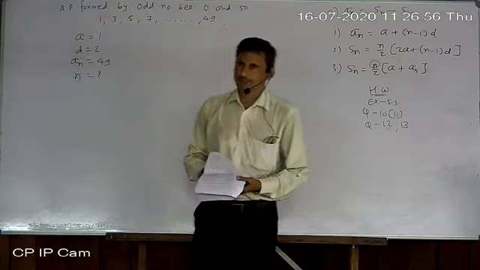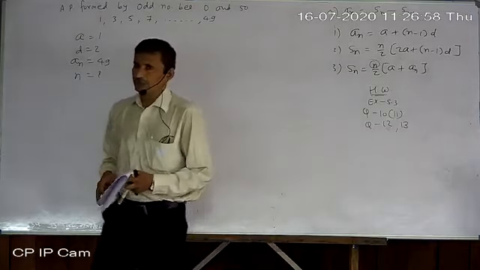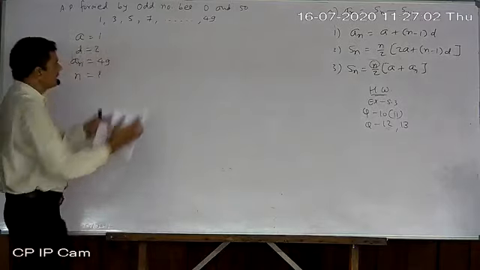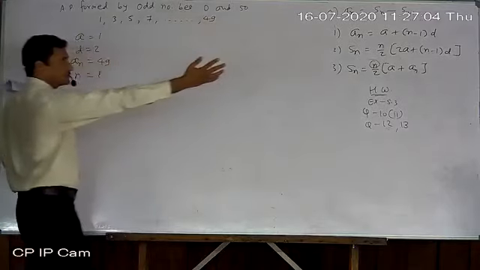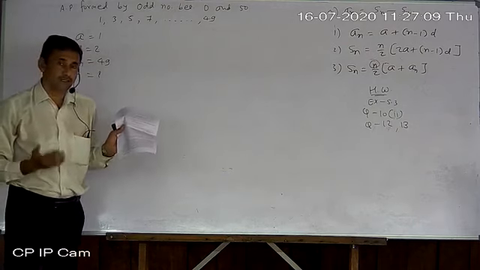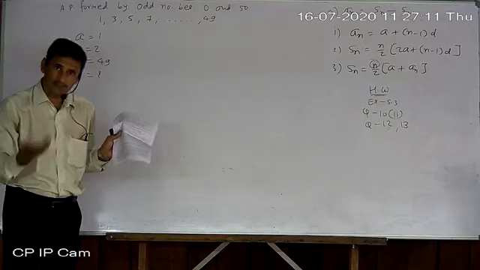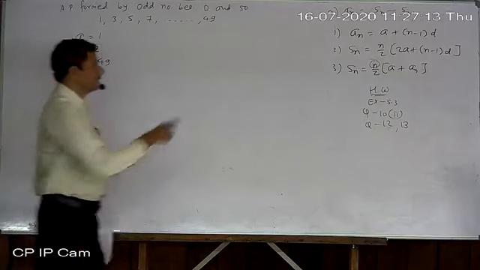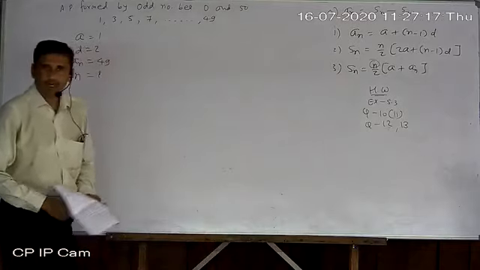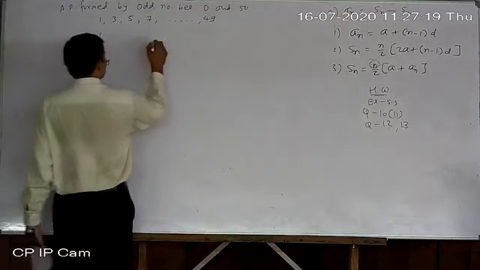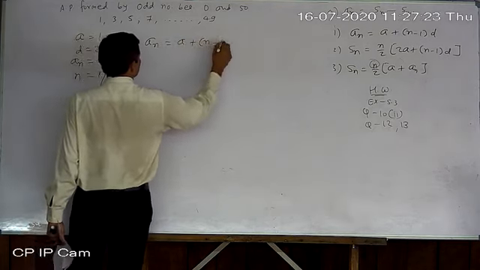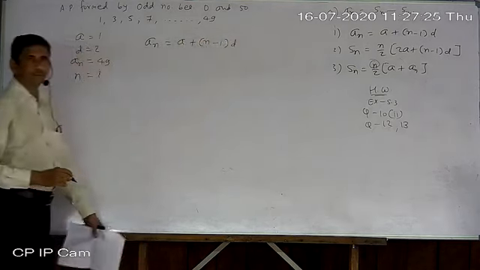Just like 5.3 main question number 2. Look there, everywhere it is given this type of AP, dot dot dot and the last number. So we didn't know how many terms are there. So first we found n, and after finding n we found Sn using the 3 numbers formula. So now first of all find n only, not the sum, because sum is not possible right now.